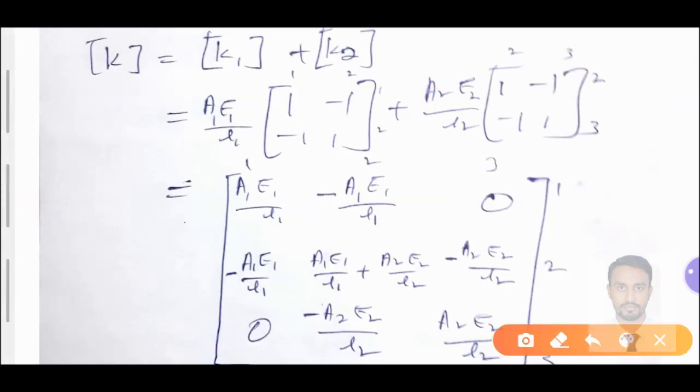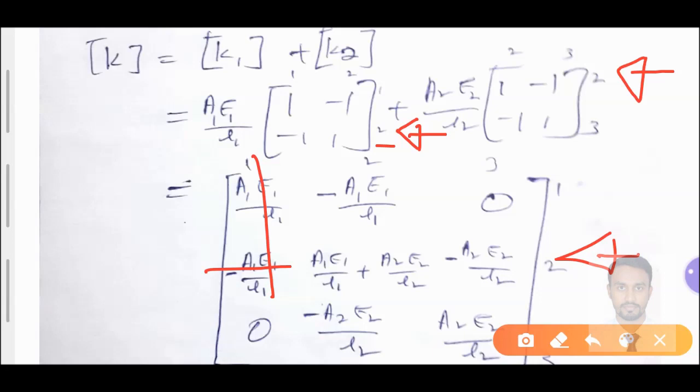I will now consider the second row. After considering the second row, search for it in the matrices. We have the second row here, and we have the second row in the second matrix. It is very important. Then we'll go individually: column 1, column 2, column 3. Second row column 1, second row column 2, second row column 3. So second row column 1 is this one. So this value we need to get.